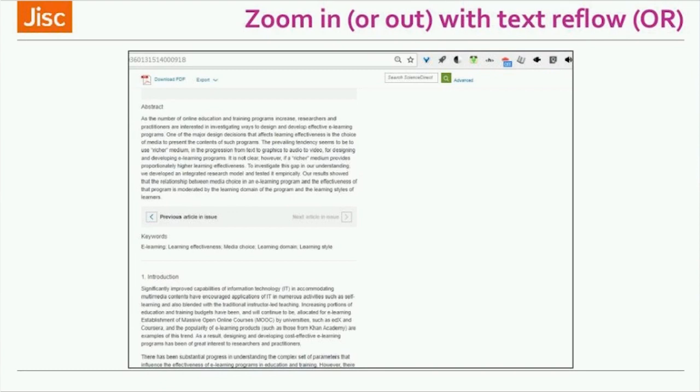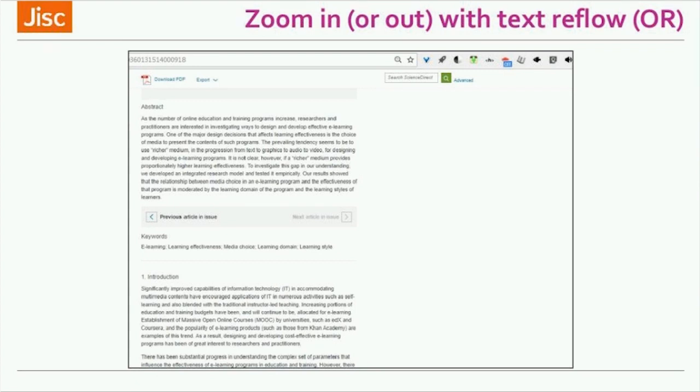And then zooming in or zooming out, this can be a bit hit and miss on different platforms. It can be hit and miss when I download books in HTML format or journals in HTML format. But here I'm zoomed out and it's very small on the screen. Some people need that. Some people with visual impairments need to zoom out because their visual impairment may not be to do with clarity and acuity, it may be to do with field of vision.